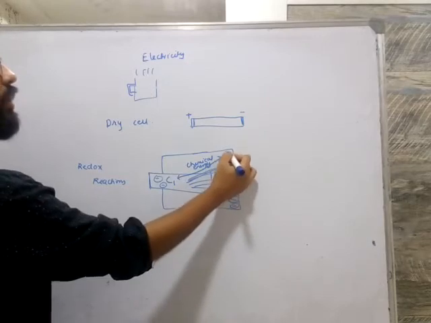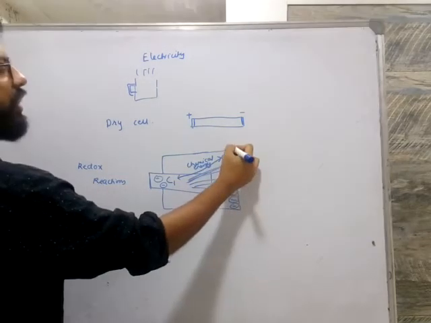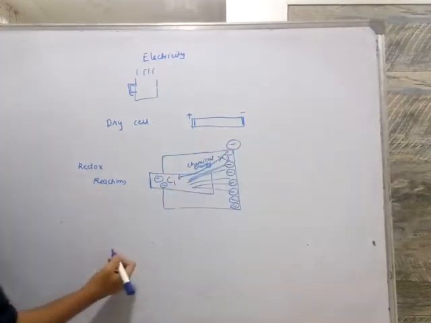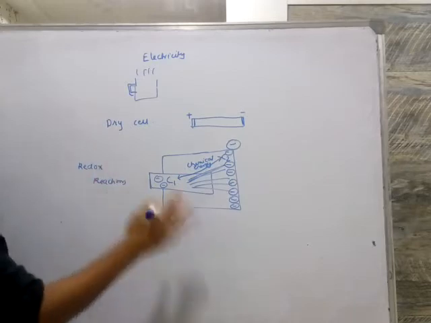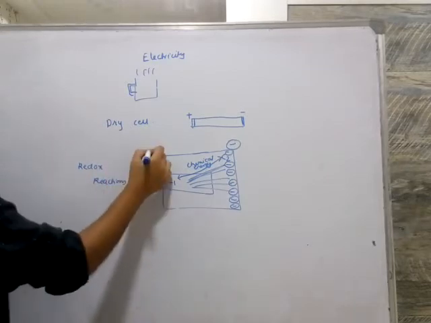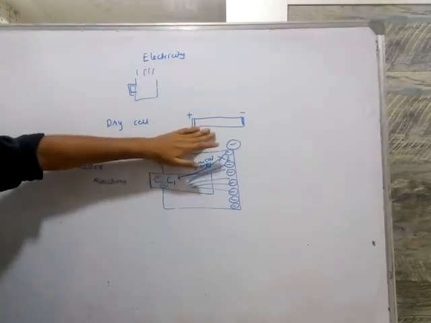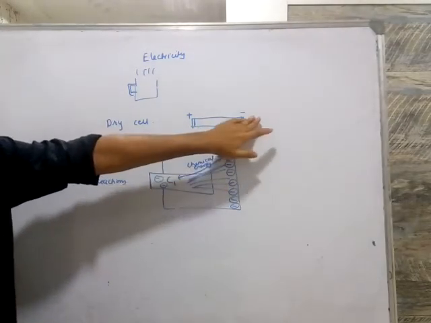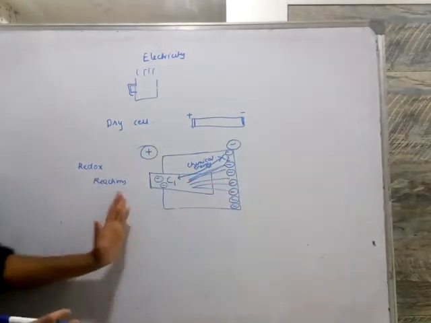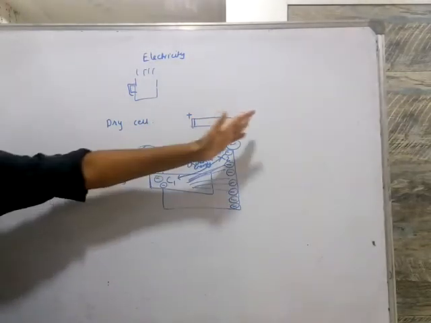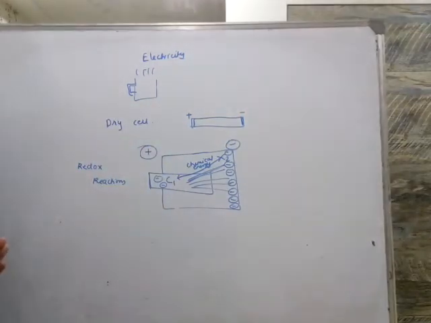Since there are more electrons, one side has more negative charge, so this side is called negative. And this side, the end of C1, has very few or no electrons, so we call it the plus sign. This is how in a dry cell we associate this side with negative and this side with positive. This is all not in your syllabus, just to understand why here it is minus and why here there is a plus sign.